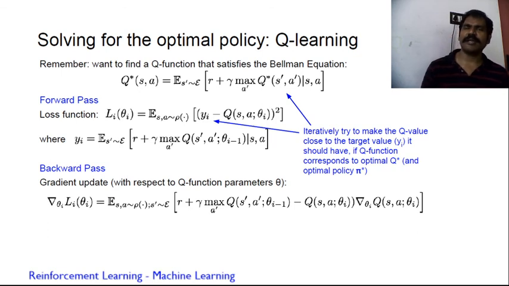Say, for instance, in an MDP we have different cells, some of them terminal states. From each cell I may have a probability of taking any action. That is how I go through the forward pass and the backward pass, which uses the gradient update through the loss function, in order to solve for the optimal policy. We call this deep Q-learning.